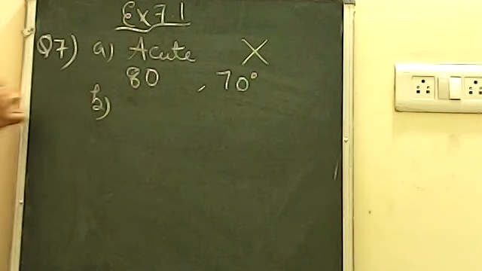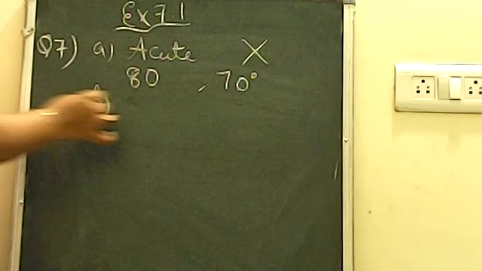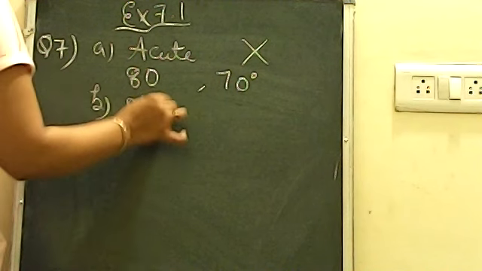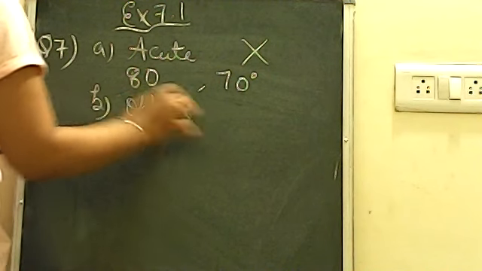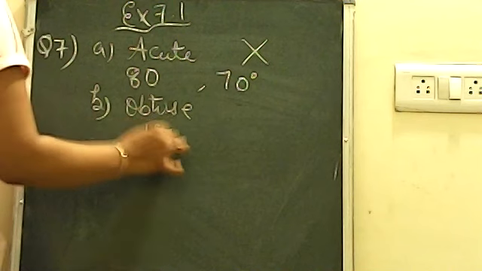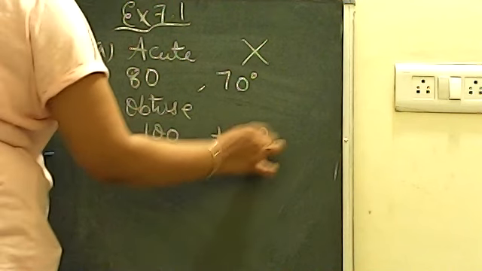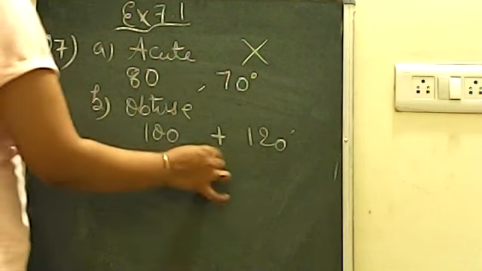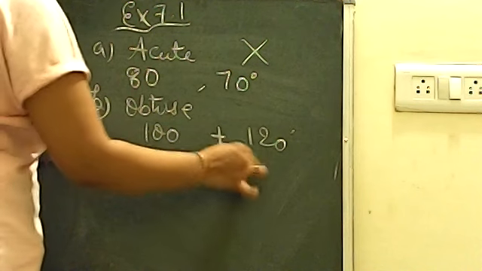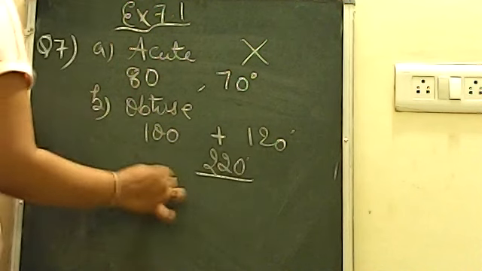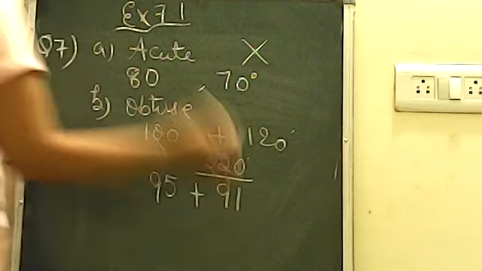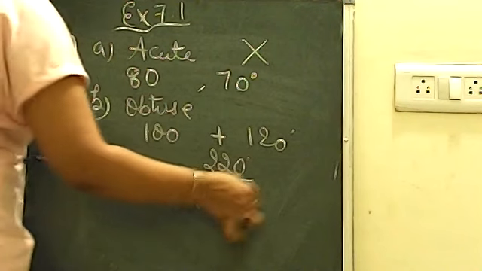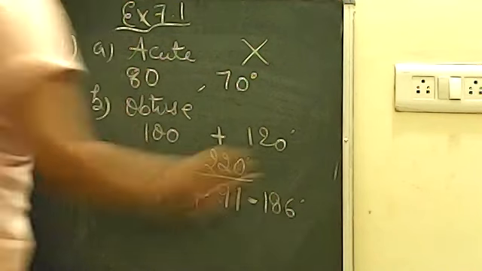Now it is asking second form. Can both the angles be obtuse? Let's say the example here, for example, 100 and another angle also I am taking 120, because obtuse means greater than 90. So एक अगर 100 है और दूसरा 120, आप add करो, you will get 220. Let's say 95 and another angle I am taking, suppose, 91 only. Then the sum will be 186.